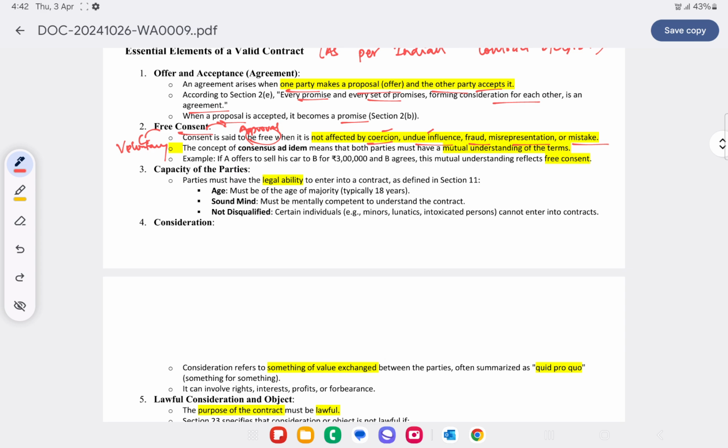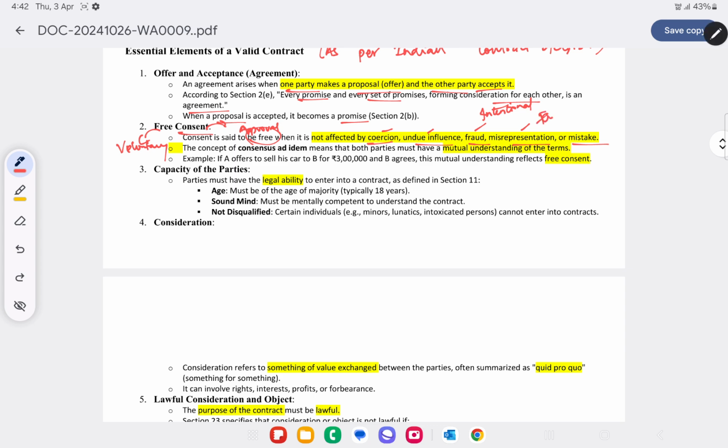When it's done by undue influence, when there are two persons and one can influence the other person through authority or power and is making them agree, in that case there is no free consent, there is no voluntary approval or consent. And when it's caused by fraud, by concealing the facts or misrepresentation of the facts, fraud is intentional. So intentionally you're telling something, wrong facts, and then you're forcing the other person to agree, or maybe you're fraudulently trying to manipulate the other person and making them agree.